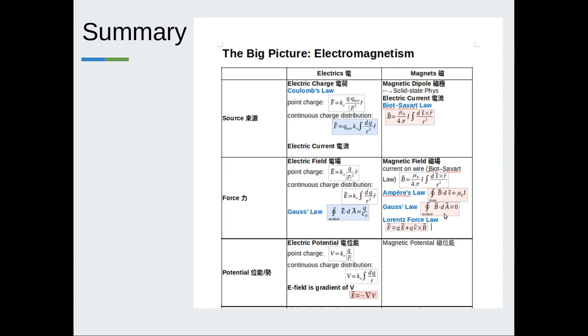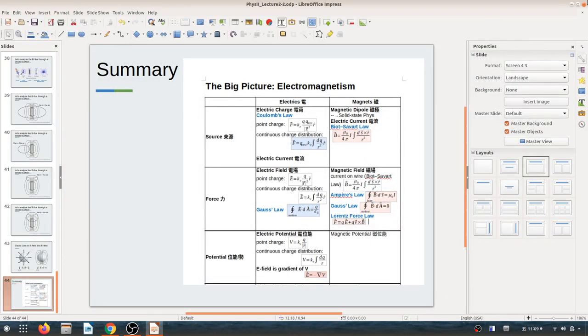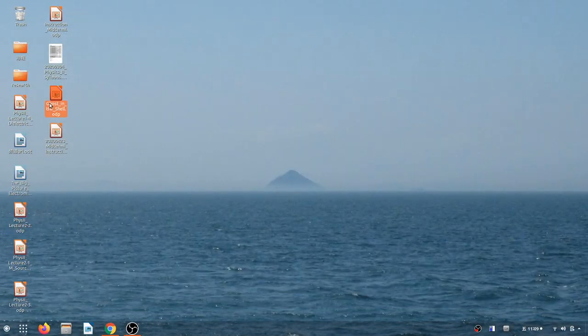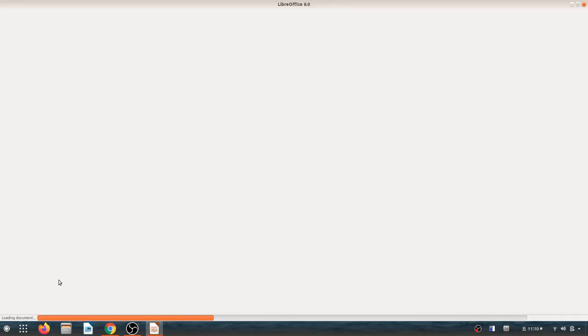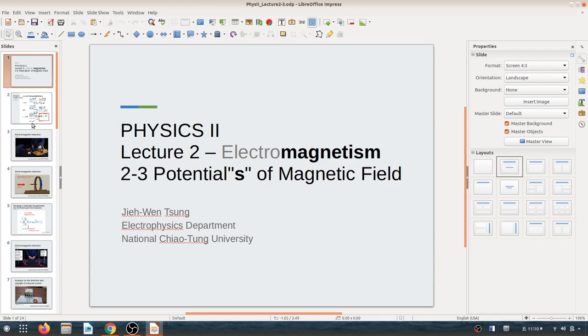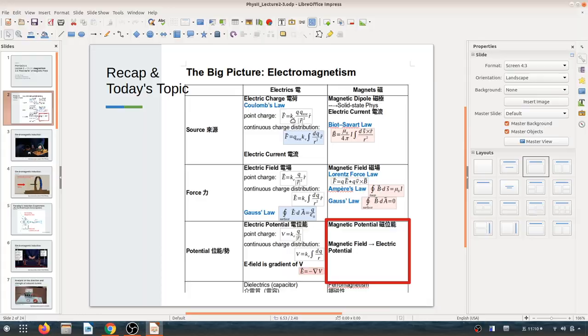Yeah, I leave it here for a few minutes. 哦，还在助教那，那你先记一下，然后我再请助教发还给你们。好。